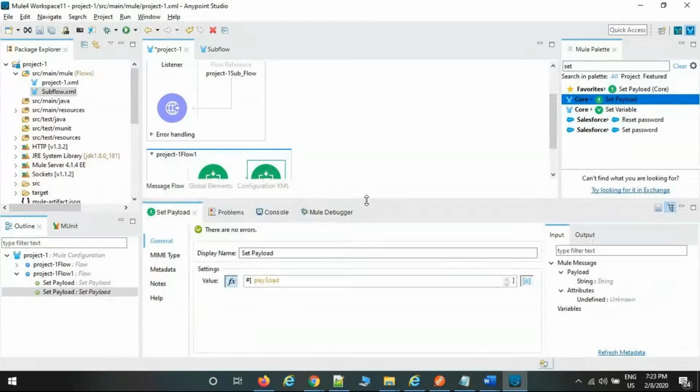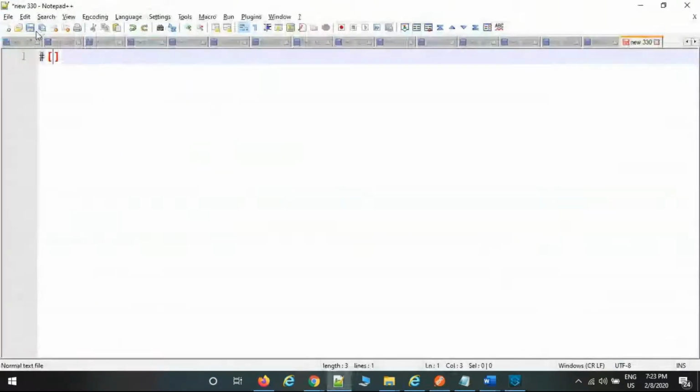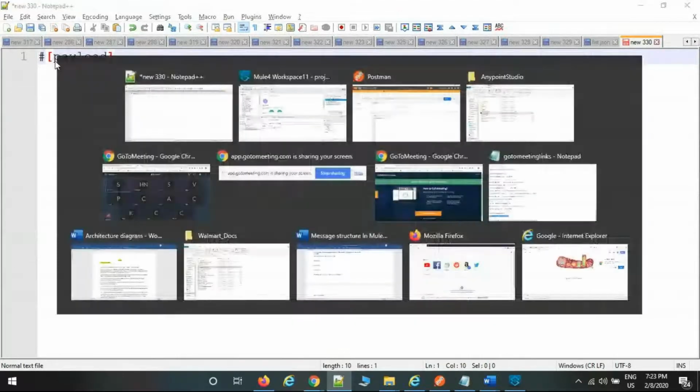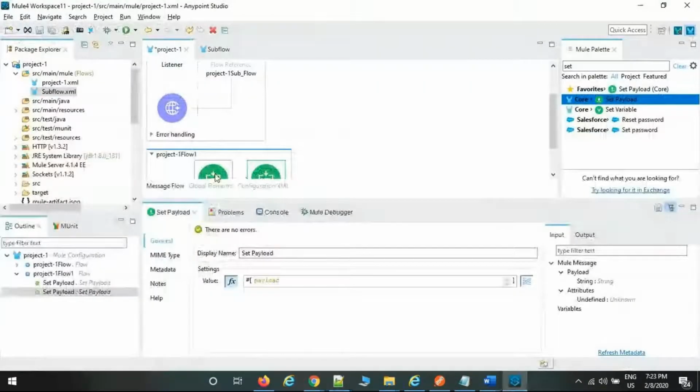Everything should be dynamic, right? It supports a language called MEL expression. Within the MEL expression, we write the syntax. The syntax is payload. Whatever payload data or content you define here, I want to consume the same payload data here. Then you can simply write payload within the brackets, so that it is automatically populated here.